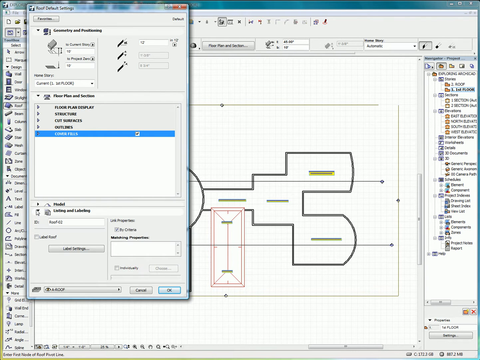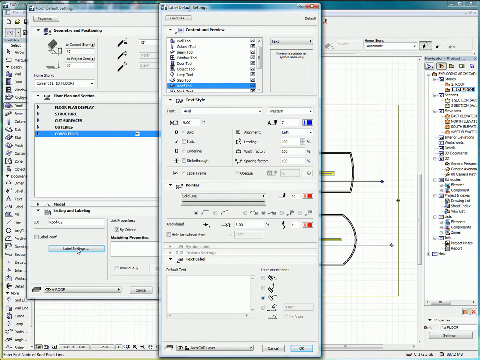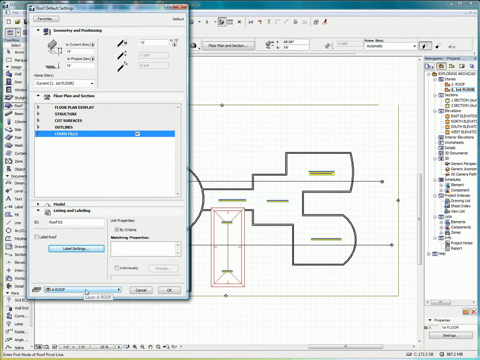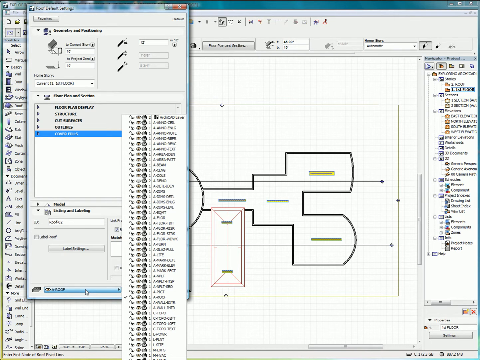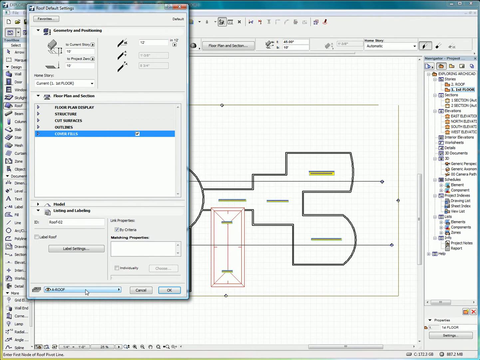This box here, listing and labeling, allows us to change the ID name on the roof, label the roof, and we have a label settings dialog box that we can access here. And of course here we can select the layer for the roof. What I've done here is I've